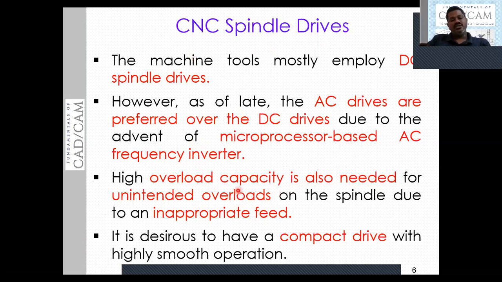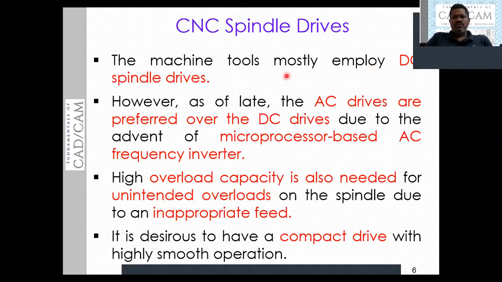Okay, it is desirable to have a compact drive. So the CNC spindle drive must be compact so that it operates smoothly. This is the introduction to the CNC spindle drive.